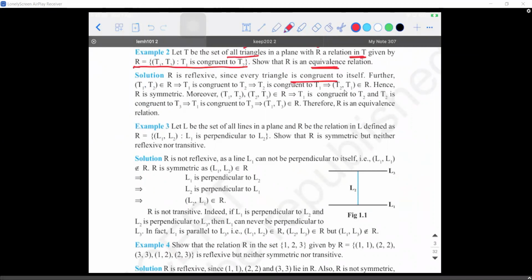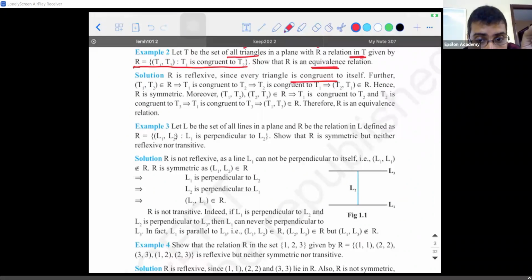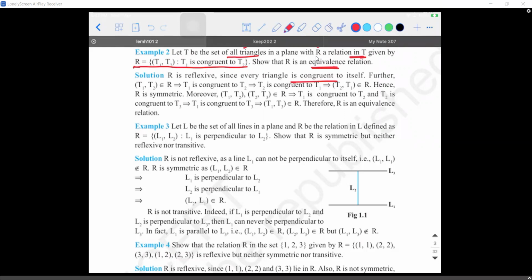I have a doubt. Rohan? So that means the ordered pair must be from the same set, sir. Always. Yes. See, T1 and T2 are elements. Actually, the mistake is that they should have given those elements in lowercase. See, how many sets are there actually? There is only one set. There is only one set T. The relation is to be framed from T1 and T2 elements. T1 and T2 both come from the same set T.